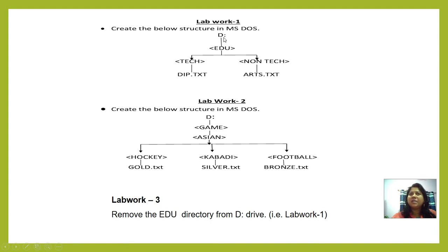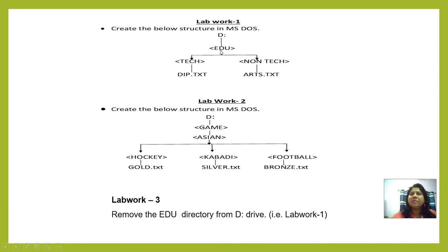It may be C, D, E, F, whatever it may be. Always remember to practice on a drive other than C, because the C drive is totally reserved for your Windows operating system. So don't disturb the C drive, go for another drive. It may be D, E, F, or any other. So I start from the D drive. Here the D prompt is there.